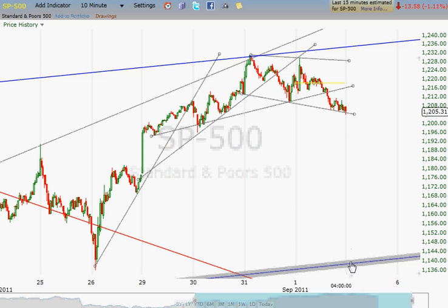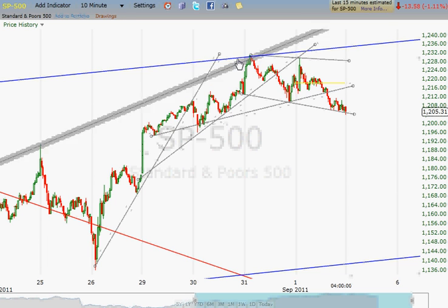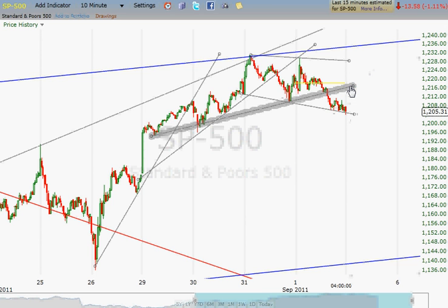Additionally, if you look at this gap up that took place on a Monday, and the action that took place for the next almost 4 days, it kind of looks like a head and shoulders top again. And we didn't get a back test, so a couple things could happen. We could rally up tomorrow, test that line, and then sell back down. Or if there's anything bad in the employment numbers, selling could start the day off, and we sell off. Again, in any kind of technical analysis, you're not looking for certainties because you're not going to find them. What you're looking for is indications that something will probably happen. So if we get weakness starting off the day,